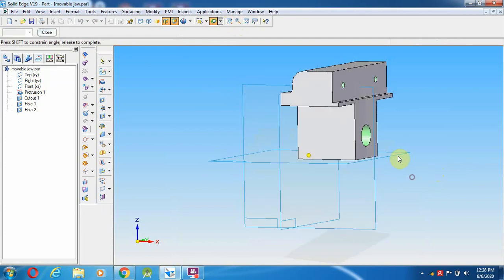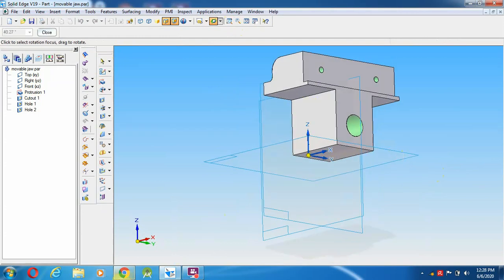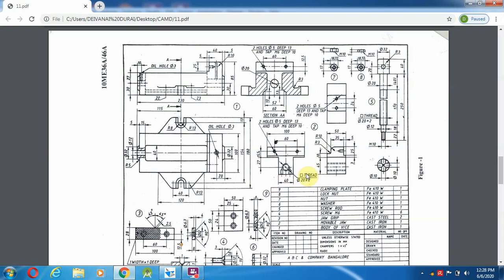So this thing has to be created over here. Then comes the next thing. Almost everything is over, even here also. Then comes the bottom view. From the bottom view, there also are two holes given, diameter 5 mm, deep 13, and tap M6, deep 10. So what is that? Two holes having 5 mm diameter, hole depth 13 mm, and the threading has to be M6 and deep 10. Okay, so we are going to do those things over here.